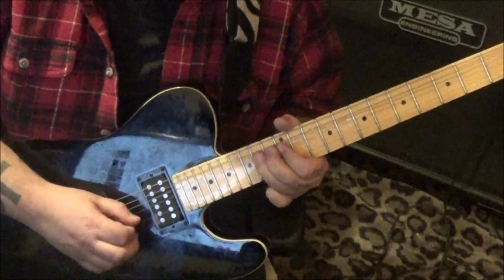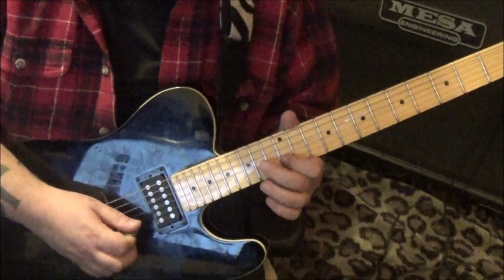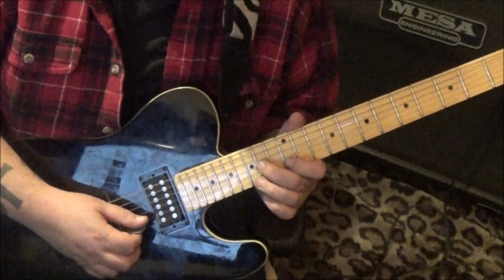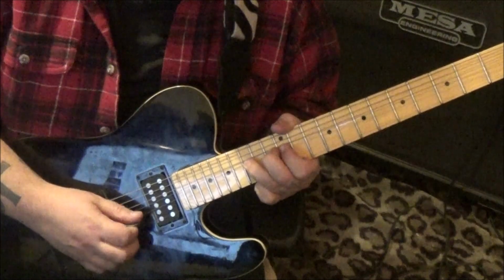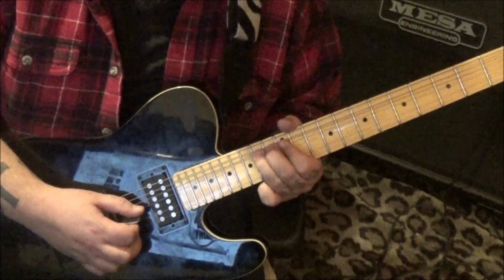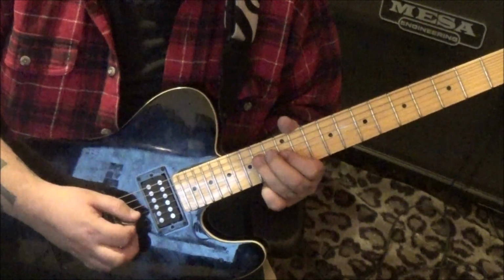So we have 12B pick, hammer 15, pull 12, 14, 12 GB. So pre-bend 14G, release, pull to 12 to 14D. Pinch 12G,